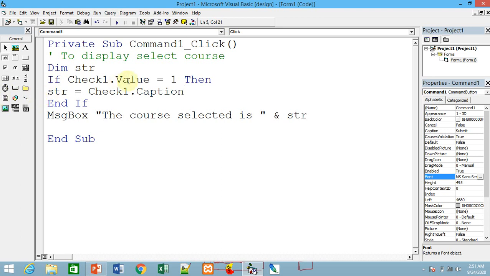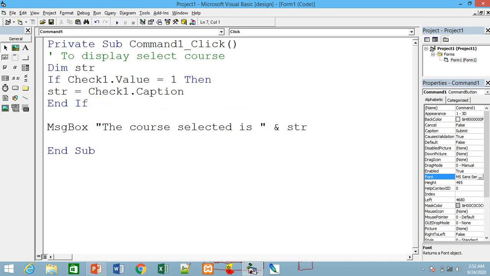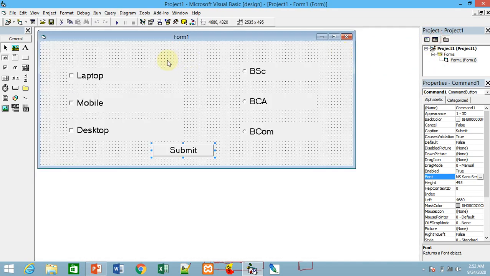So if check1.value is selected, check1.value equal to 1, that means check1 is selected, then str equals check1.caption. And that is separate, no? The selection of the checkboxes is separate. There is no relation between them. If you have selected laptop, you don't have to select mobile, or if you have selected mobile, you don't need to select desktop.